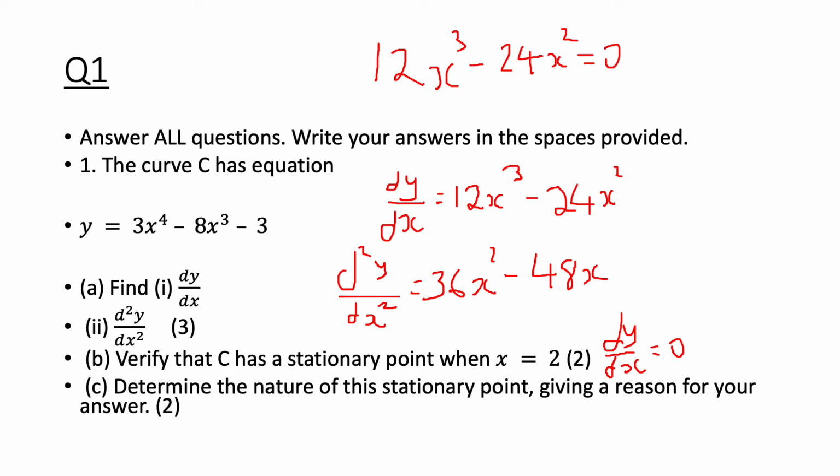I'm going to take out 12x squared as a factor, and then I have brackets x minus 2 is equal to 0. Solving this equation, x equals 0 or x equals 2. So we have shown that there is a stationary point at x equals 2 as required